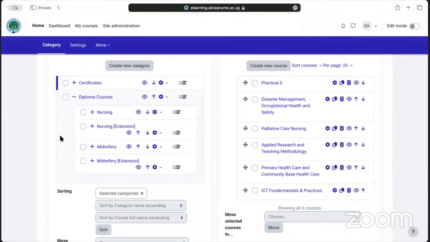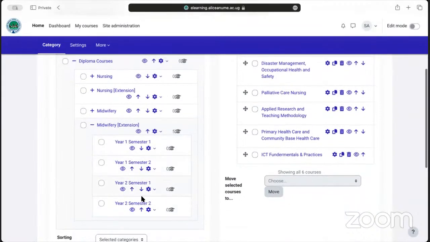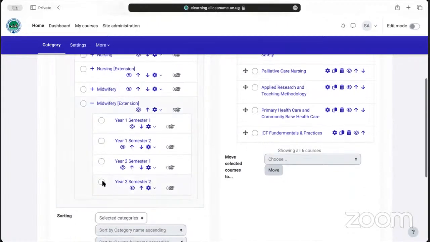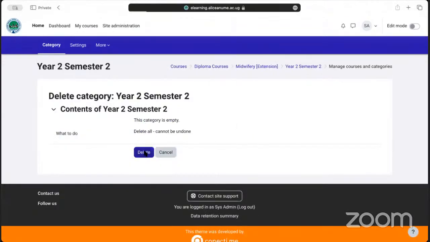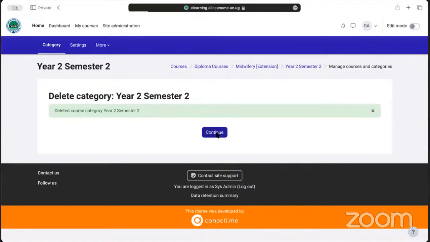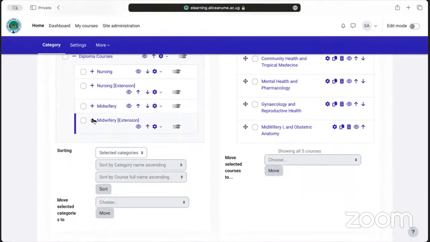Yeah, the diploma extension is supposed to end on year 2, semester 1. This one is not there. Yes, so that one, to remove it, you just come here and delete. We shall be smart. We shall be okay. Then that's for extension, John,